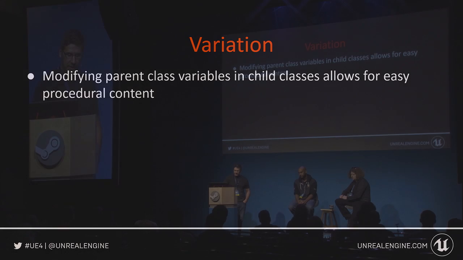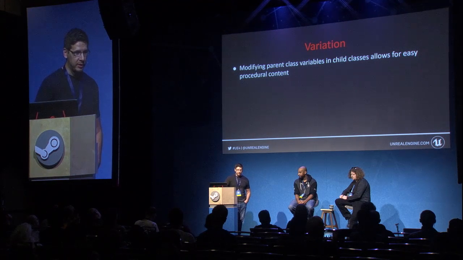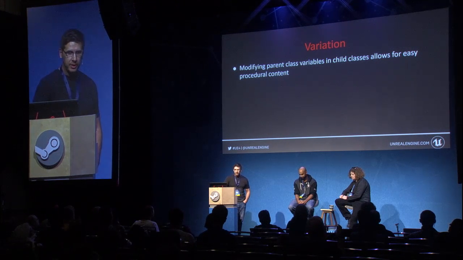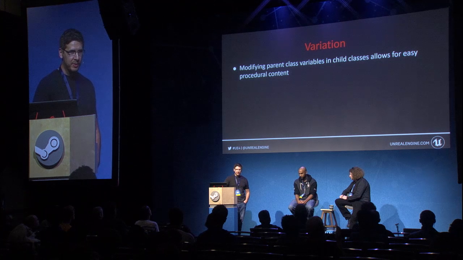Unreal makes it really easy to add variation. One thing I've been falling in love with lately is the construction script. That was another intimidating thing at first, and then when I figured it out, now it's probably my favorite thing to start doing is making these crazy, almost just tool sets for us to use. Anything you can do to randomize the objects that you have, anything that you can do to make gameplay more procedural helps when your content is limited.